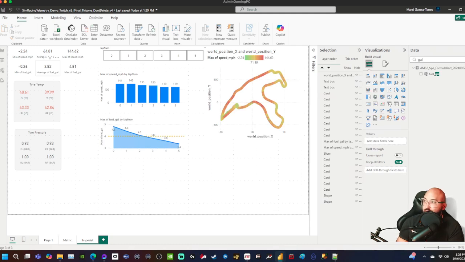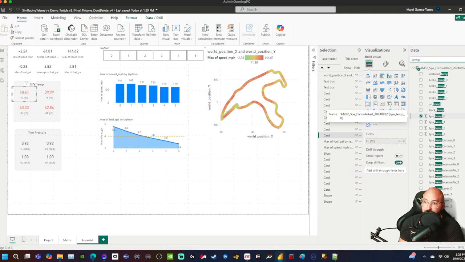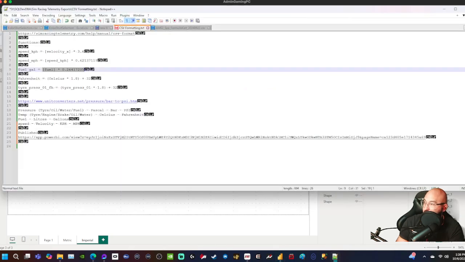But when we get to temperatures, that's when it starts to become a lot of work for us, and it's going to be even more work because we're going to make this dynamic. So let's quickly make the Celsius to Fahrenheit calculations, right? What we're going to do is look at temp, and we're going to find the tire temp 0. Again, that comes in as Celsius. We have to convert it to Fahrenheit. So I'll have my handy dandy